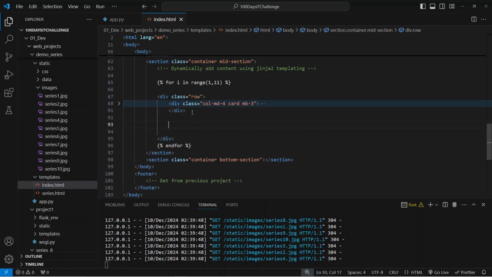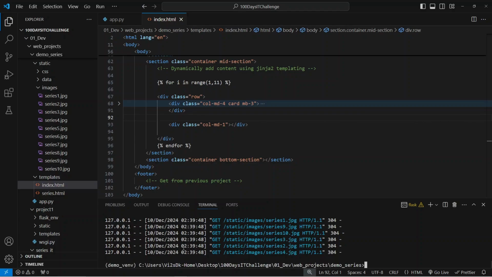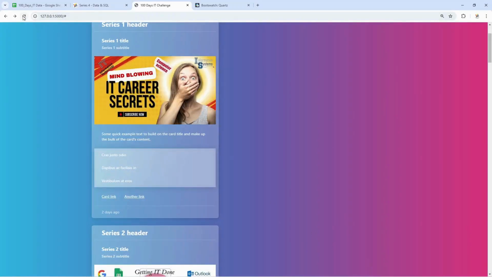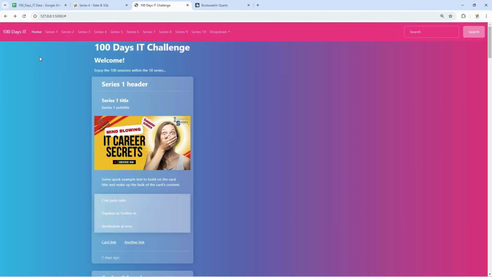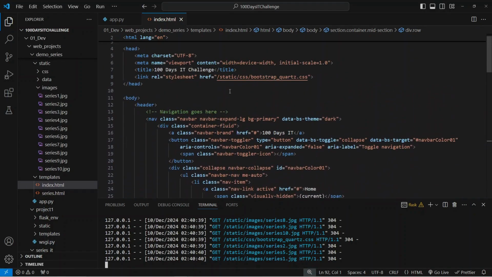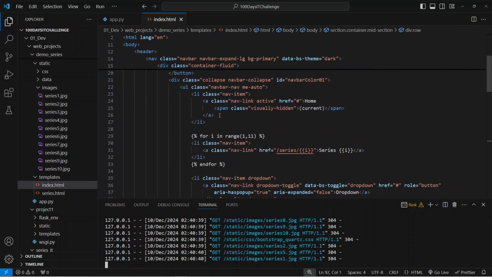And add another div. Oops, div. Yep, add another div out there at the bottom so that we add spaces in between our cards. So let's execute that and see. Yep, looks like there's enough space. But then if you look closely at the